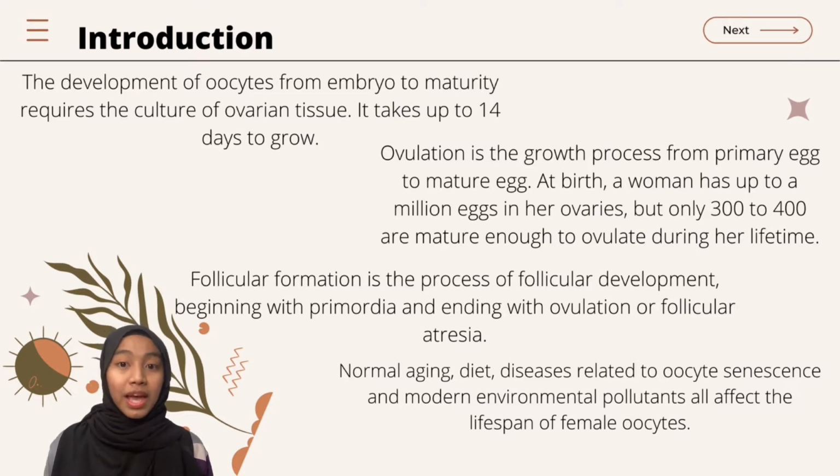At birth, a woman has up to 1 million eggs in her ovaries, but only 300 to 400 of them will mature enough to ovulate during her lifetime. Follicular formation is the process of follicular development, beginning with primordial follicles and ending with ovulation or follicular atresia. Normal aging of the human body, diet, disease associated with oocyte senescence, and modern environmental pollutants all affect the longevity of the female